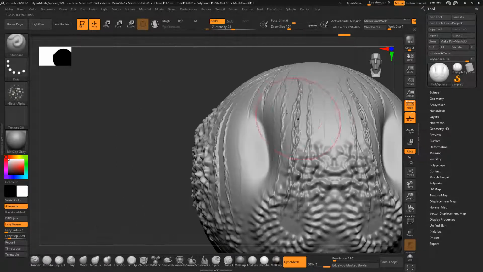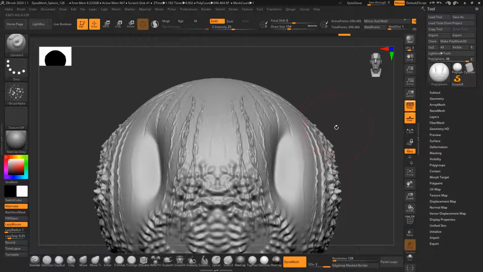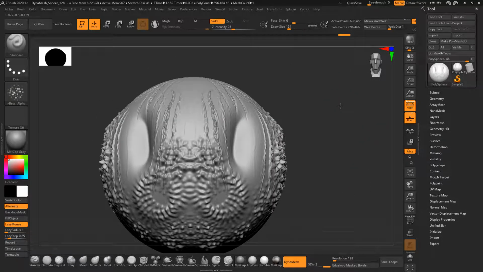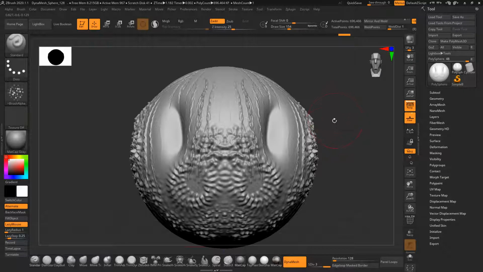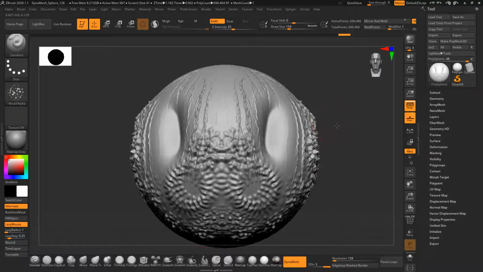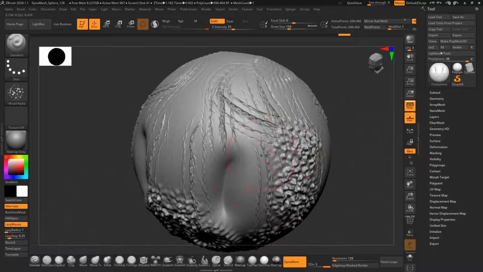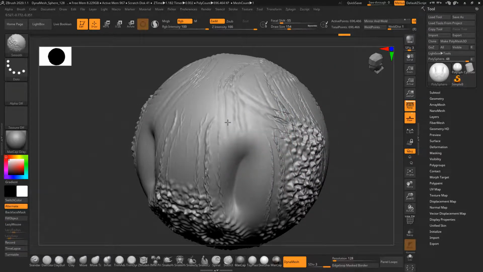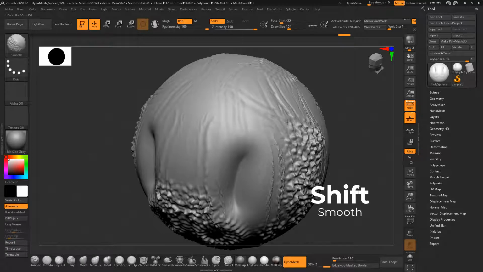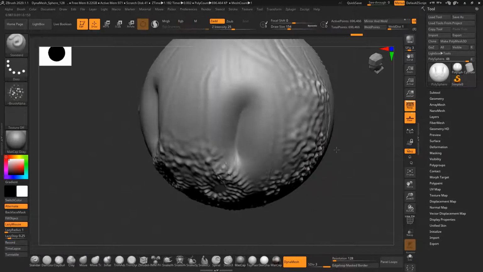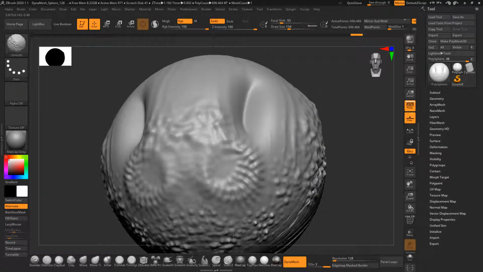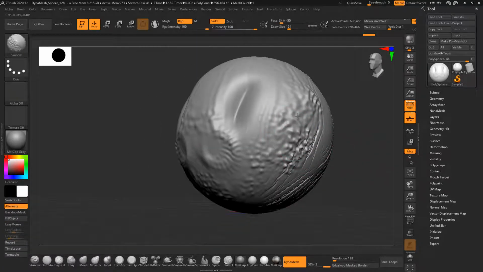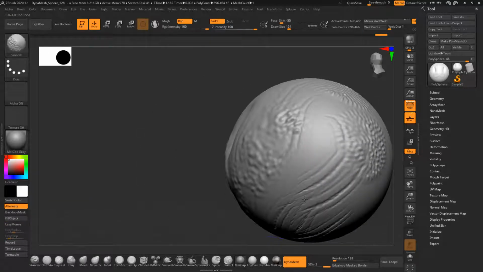Now you may feel at a certain point that you have added a lot of details and it has become kind of too much, and you want to smooth it out. Like this sphere now has become quite rough and I want to smooth it out. So just press Shift and use the brush strokes so that you can smooth your model, smooth your object.